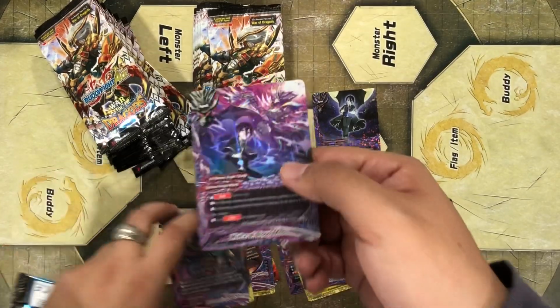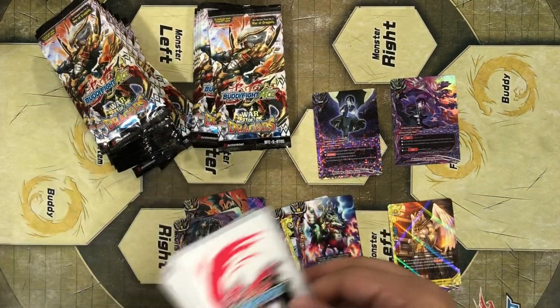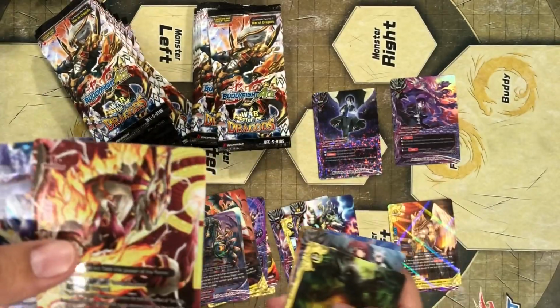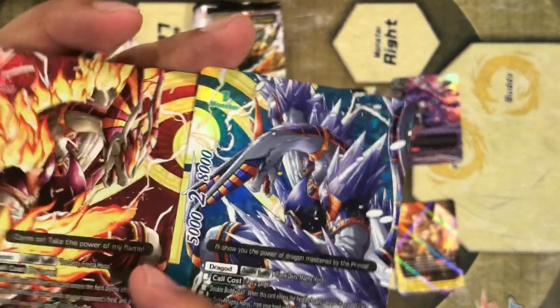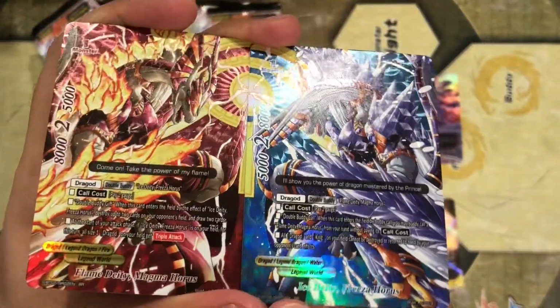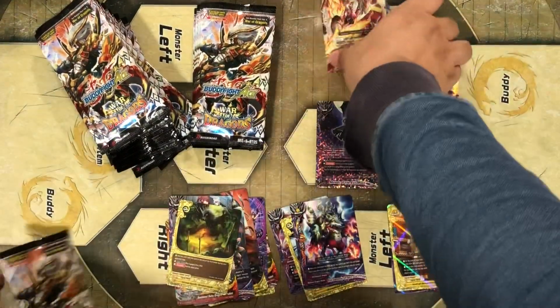Oh, and sorry, I missed out. There's a parallel foil. Oh wow. Can you see this? Alright, so I managed to open 2 party rare in 1 pack. Wow. Right. So we have the double body horrors. Wow, they appear at the same time. That's very cool. Alright, and for information,